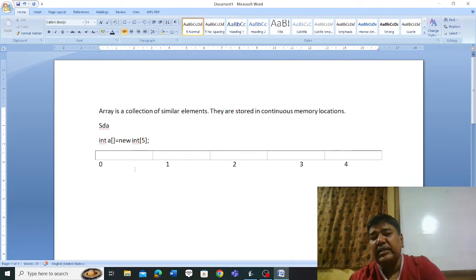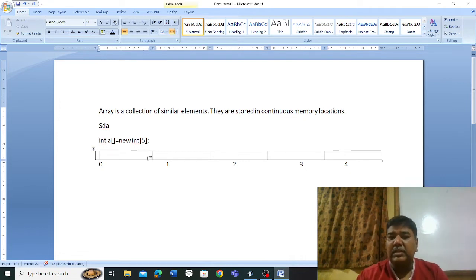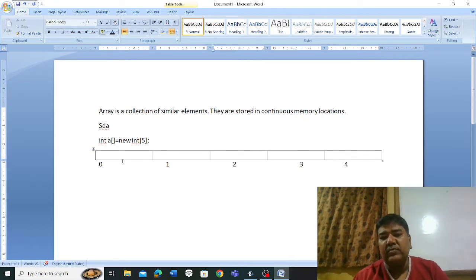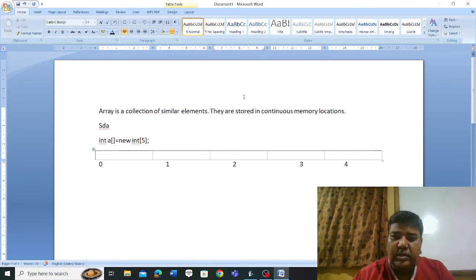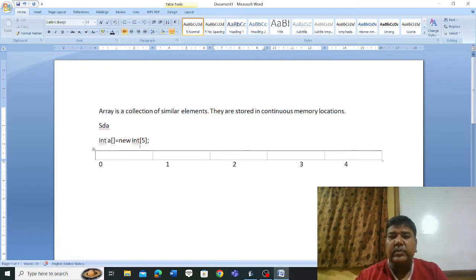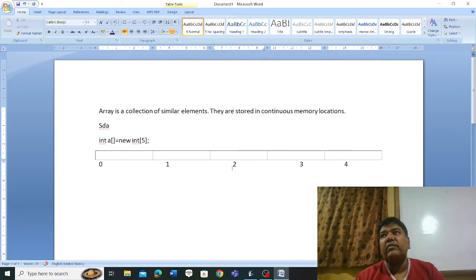4 bytes for each location. Like location number 0 has 4 bytes, then 1 has 4 bytes, 2 has 4 bytes, like this 5 locations, so 5 into 4 is 20 bytes. Then I was talking about continuous memory locations. Continuous memory locations means, suppose the size is 5, so we have the locations from 0 to 4. It is not so that we will mark 0, 1, 2, then leave 3 and 4, and then mark the locations 5 and 6. Not like that. Continuous memory locations.